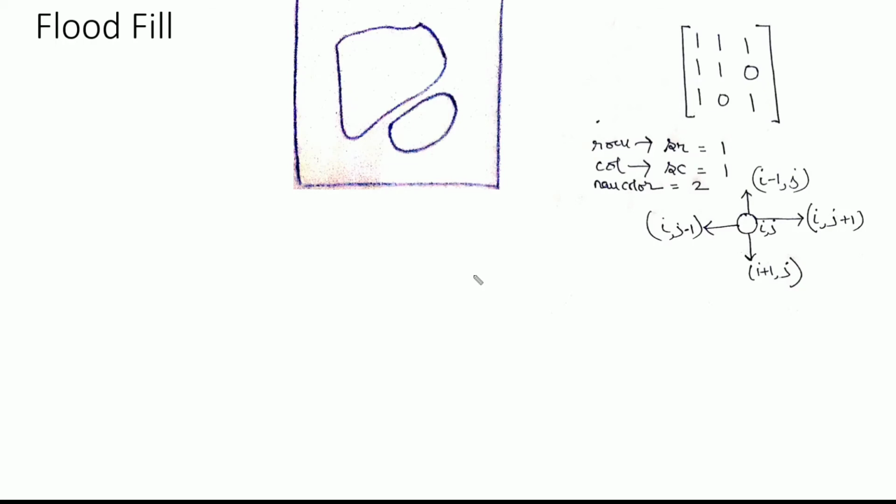Friends, in this video I'll be discussing flood fill algorithm. So the input will be an image in the form of a matrix, where inside the matrix there will be pixel values ranging from 0 to 65,000. Okay, and we will be given a starting row and starting column, that is the location inside the matrix, as input, and a new color. Okay, so every color has its unique pixel value.